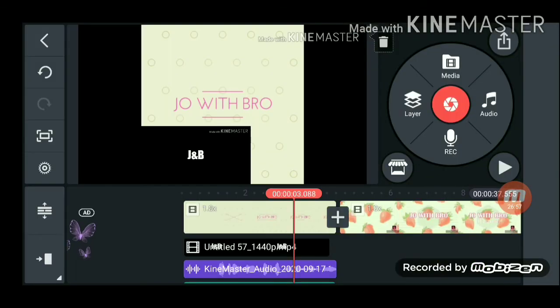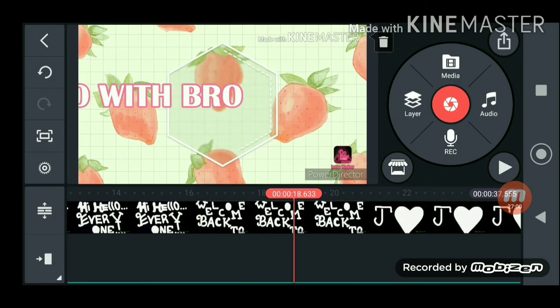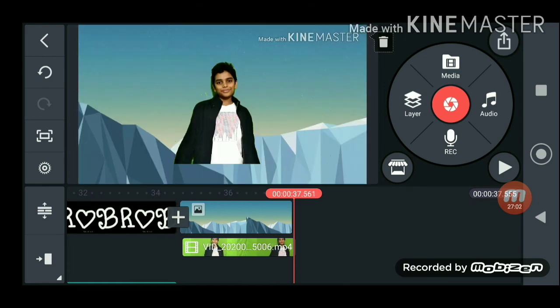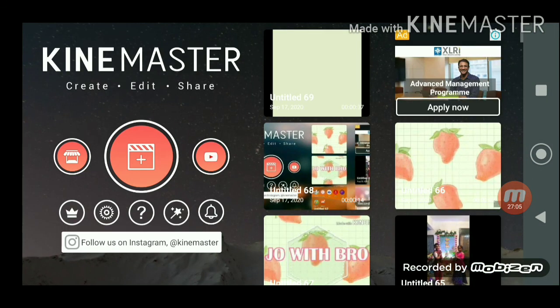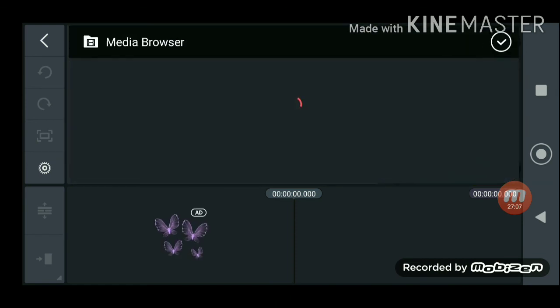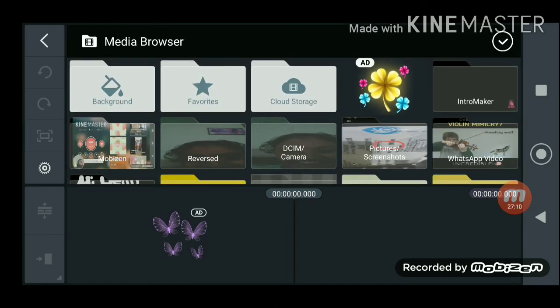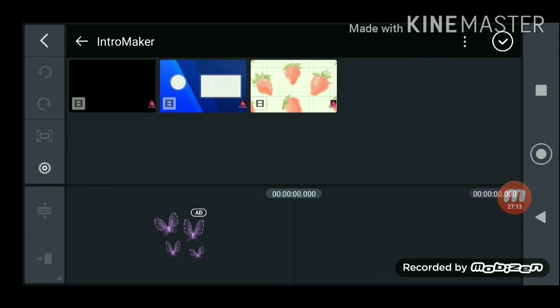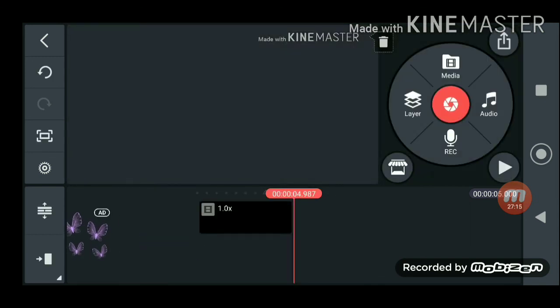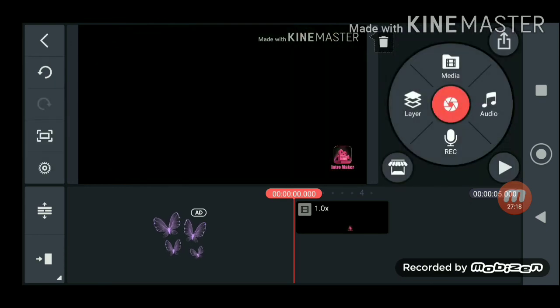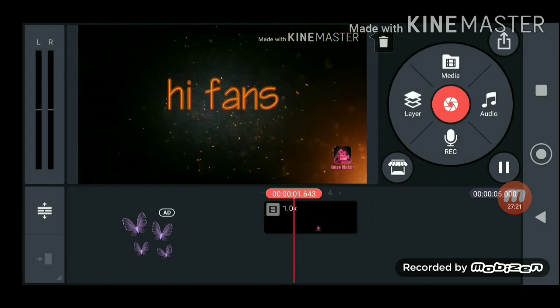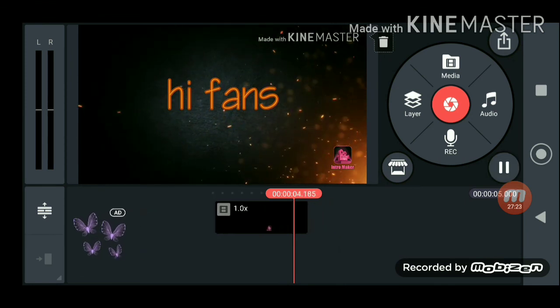I don't know why. So I'm just going back to the KineMaster app. I went back, so the changes did not change. Now I got my new thing. I'll show you. I click on media, and you automatically get Intro Maker, which is the app which I use to make an intro. I click on that, and you automatically get the intro. And I use Pixel Lab for editing, which I'll show you in my next video or sometime else.